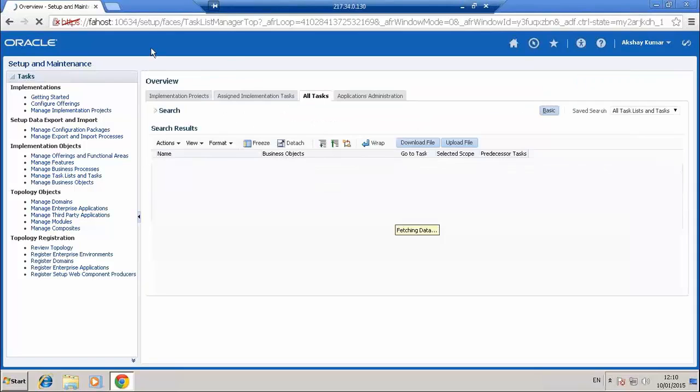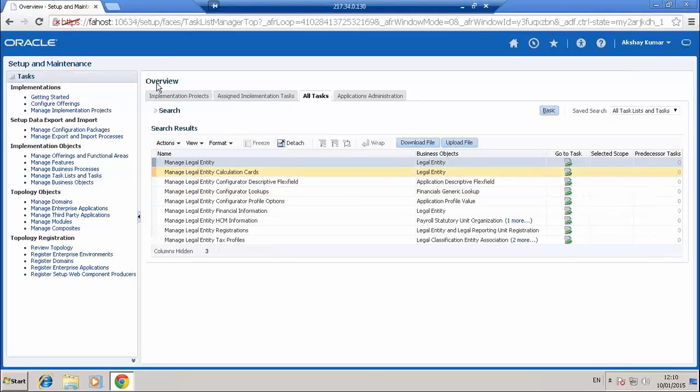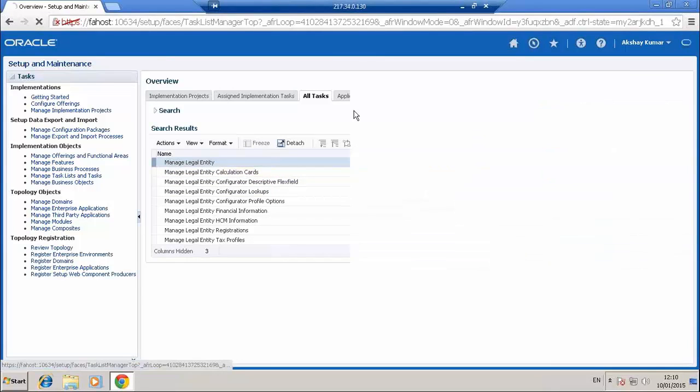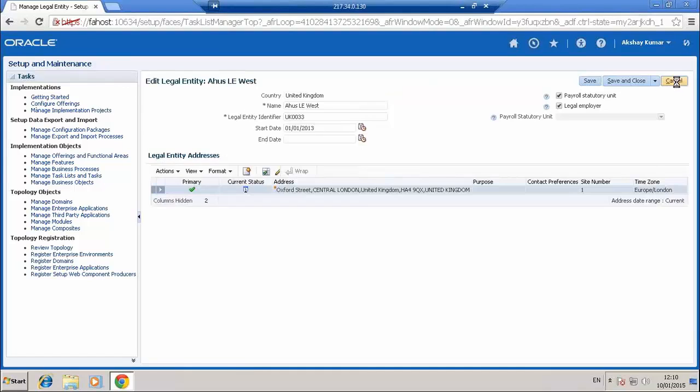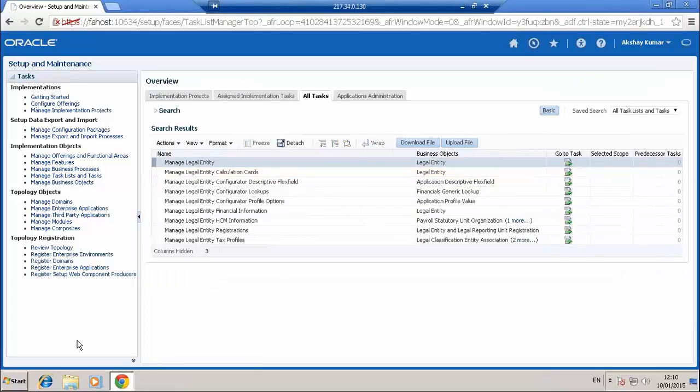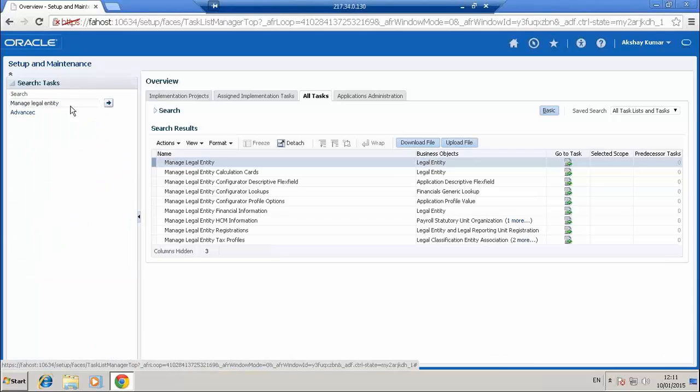So once you create a legal entity, for searching, normally if you want to search for a task, you can directly go into the task and you will be able to search for that particular legal entity or any other. For example, if you create a division, you can directly go into the tab. There will be a search option here. But for legal entity alone, we don't have this option available. So once you have created it, if you want to have a look at the legal entity which you have created, then you have to go into a task